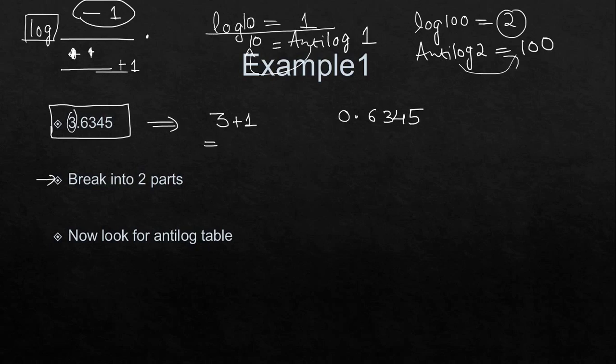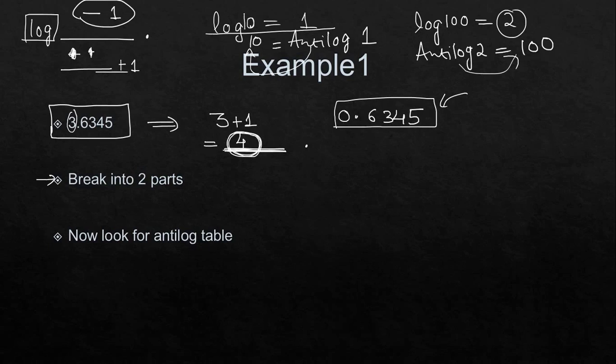So we will find that the number of digits present in the antilog value before the decimal will be 4 digits, okay? This is not the number, but it tells you how many digits are present before the decimal in our final answer. All right, so this we will get. Now here, this is the mantissa which we got by looking into the log value, right?